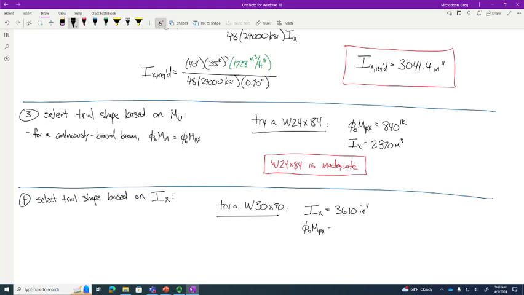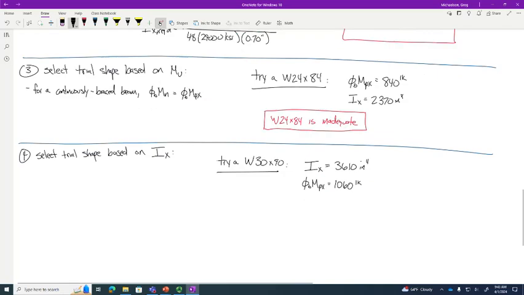Say it again. 1060. 1060. Now, is this worth analyzing? I think so, right? I think this is so. So let's